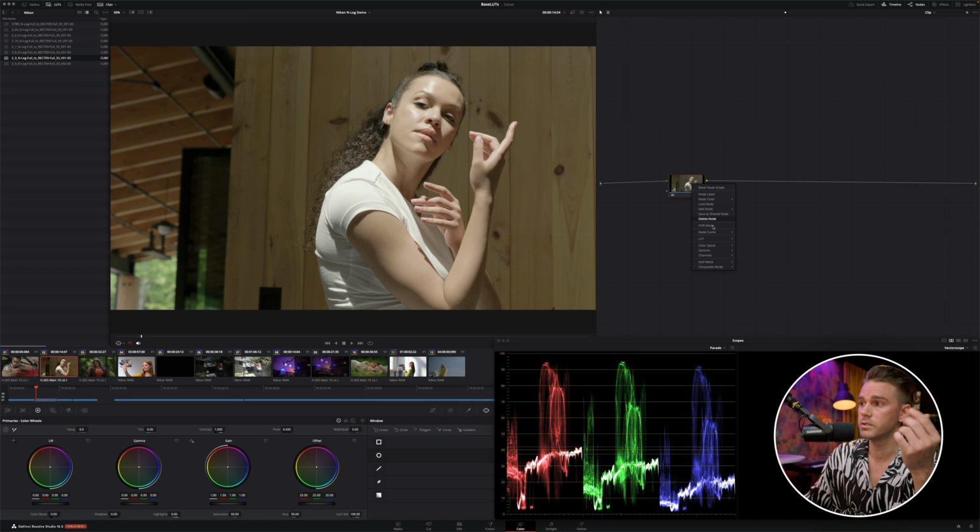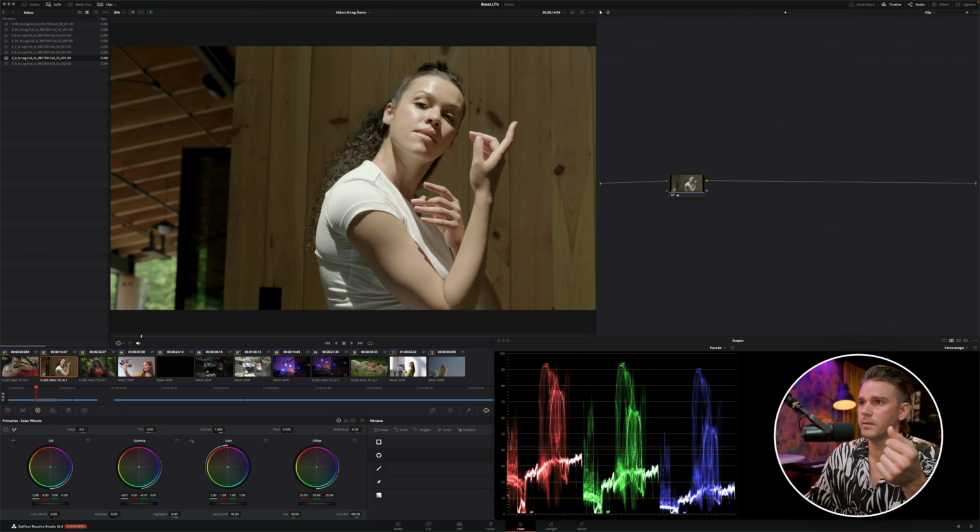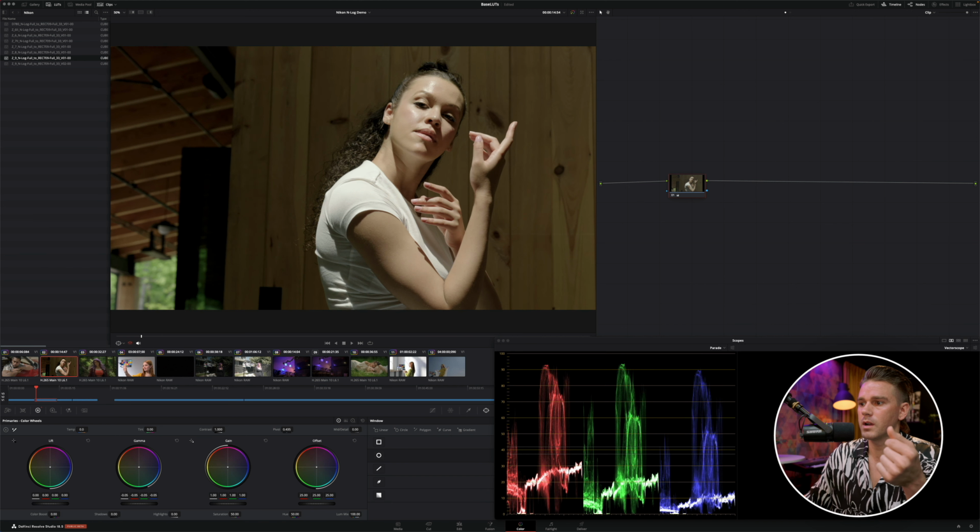If you don't want to use the gamma adjustment here in linear, you can just use your color wheels down here just like you do in Premiere or Final Cut. And we're going to start with our gamma, pull it down, probably right about there. It feels good. And then let's make sure that we're not clipping our shadows. Let's lift up that section down there and maybe pull down our gain a little bit more